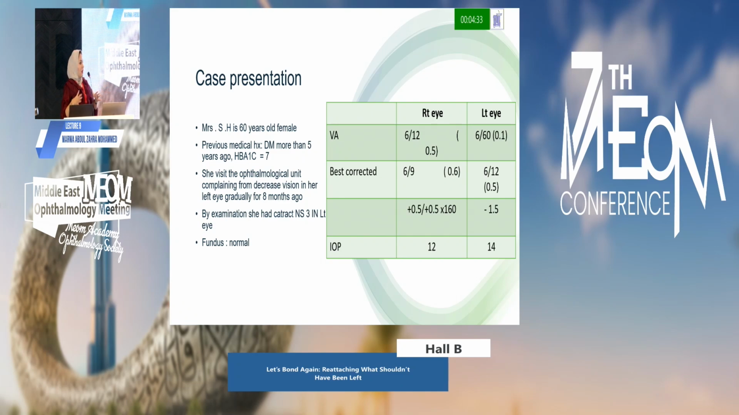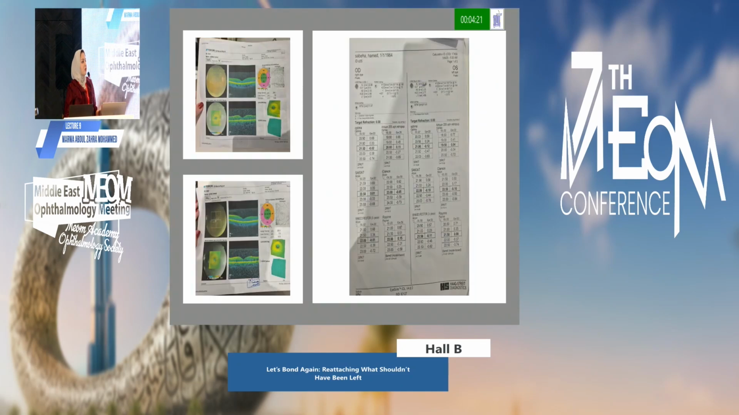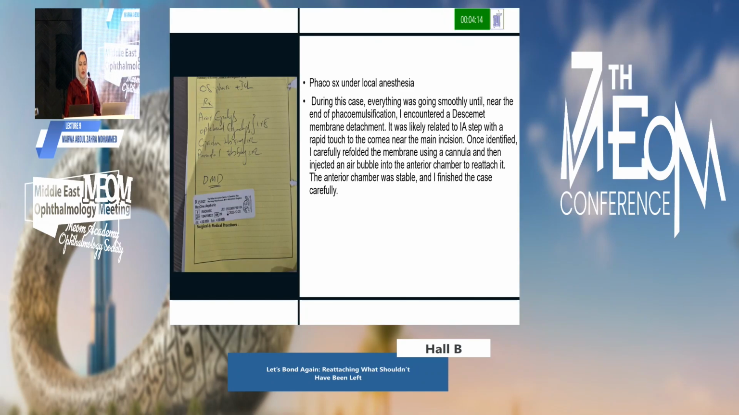Everything is normal. Her left eye has nuclear sclerosis grade 3, and her visual acuity is 6/60, corrected to 6/12. Everything is normal, the fundus is okay, we do the biometry and we go for the surgery. During the phaco surgery, everything is perfect and we do the ordinary cataract surgery, but in the irrigation aspiration step,